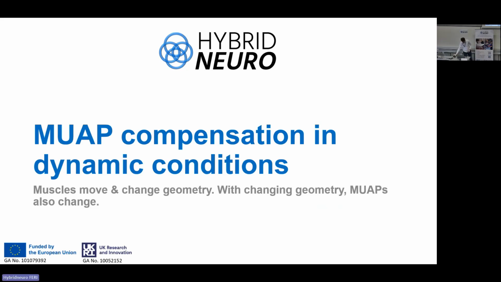Okay, we talked about analyzing the signals that were recorded during the isometric contractions. We'll take a look at two different approaches that we also can do. The first one is dynamic conditions. What happens in dynamic conditions is that when muscles move, geometry changes, and this complicates the analysis or decomposition